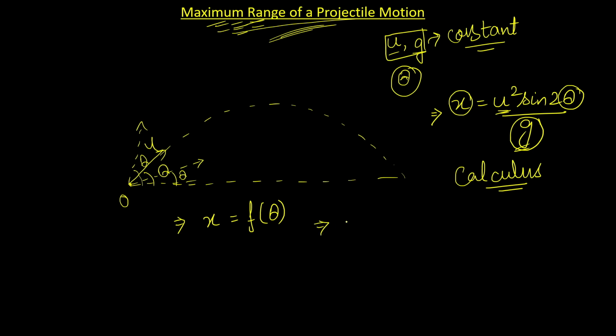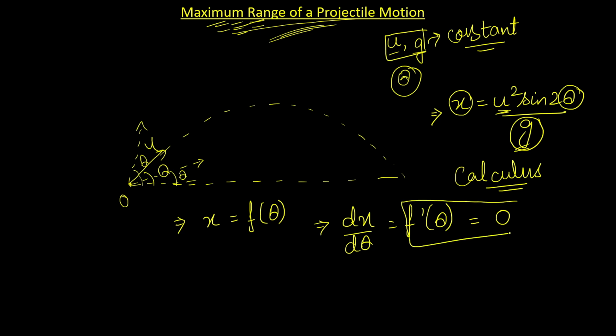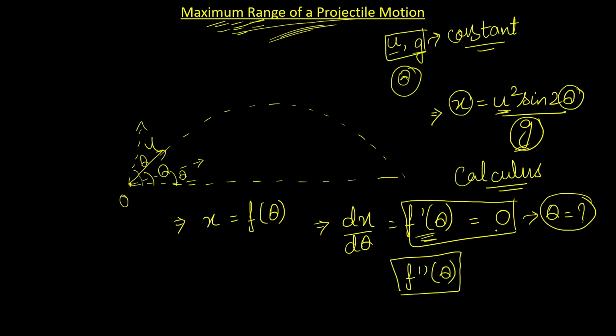So we basically need to differentiate this x with respect to theta to get f dash of theta and then equate this f dash of theta to 0. After equating f dash theta with 0, we will obviously get some value of theta that we need to find. After that, we again need to differentiate, like f double dash of theta, and whatever we find here,